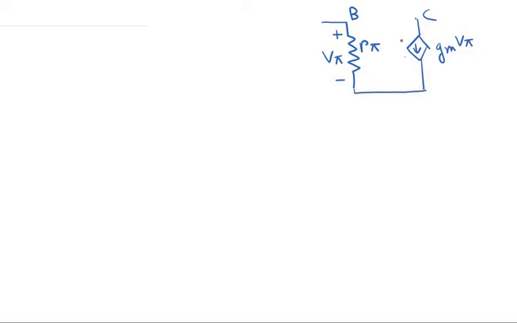Up to now, what we have studied is our small signal model of the transistor. Between the base and the emitter we have this resistance R pi, and the voltage drop across it is V pi. This is the base, this is the collector. The collector terminal is represented by a dependent current source whose magnitude is Gm times V pi. This is an ideal current source.